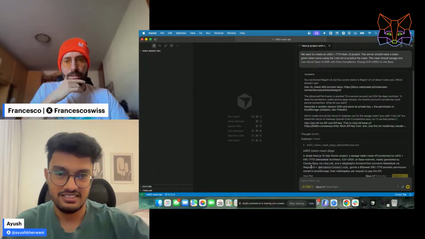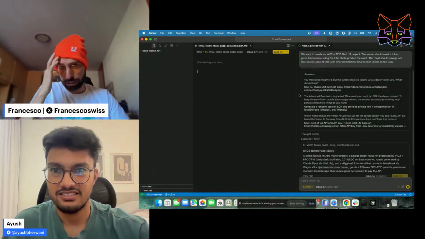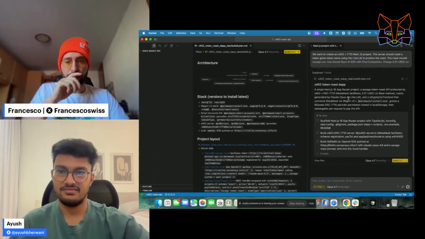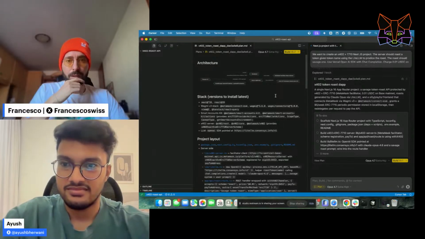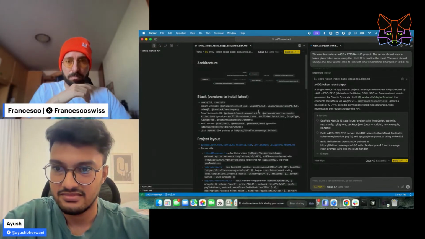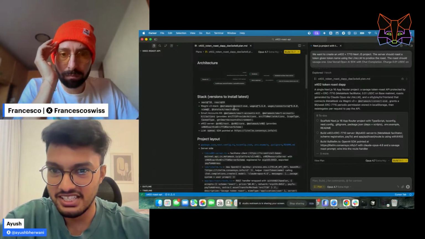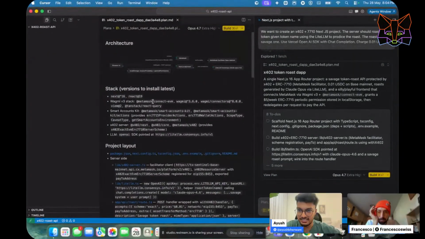Sometimes I try to be kind of spicy on asking questions after the planning mode, like where I put the address where the payment will go. So it says the stack is the Wagmi V3 stack with the Wagmi connectors, Connect EVM, smart accounts kit package, smart accounts kit actions, x402 packages, MetaMask x402 packages.